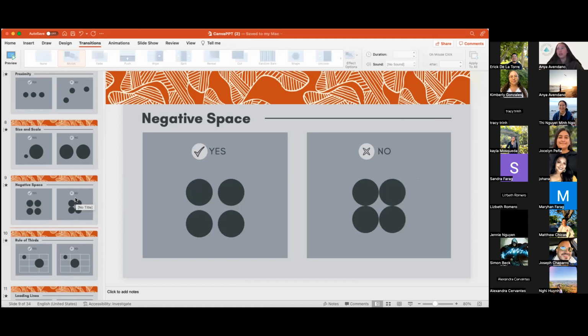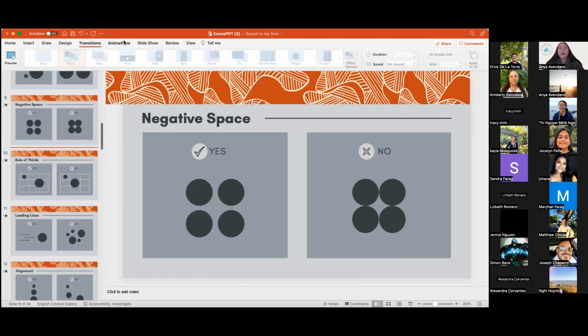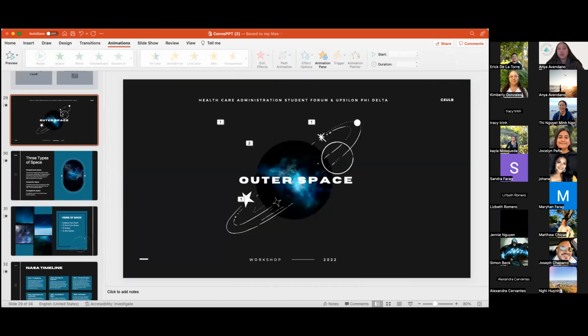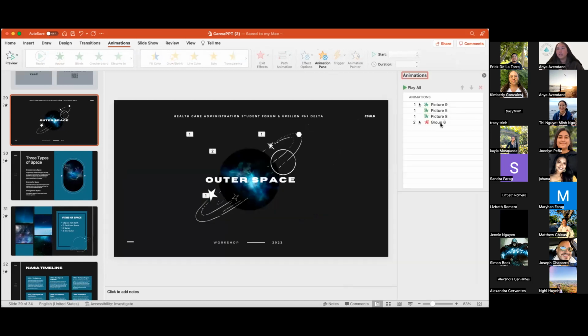So it makes it more effective when you can just kind of segue into the next thing, but you're still talking about something else. So then going to animation specifically, let's go to, I know I did one for this. So this one, all of these numbers are the order in which it will animate. So if you look at your animation pane here, it'll tell you on the side. And if we preview it,